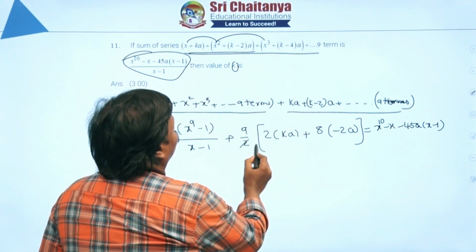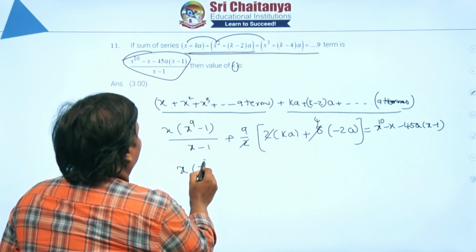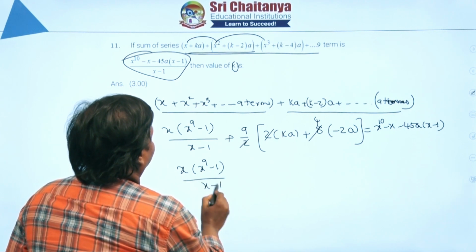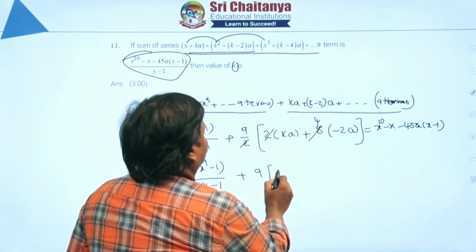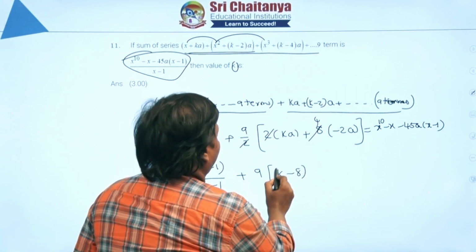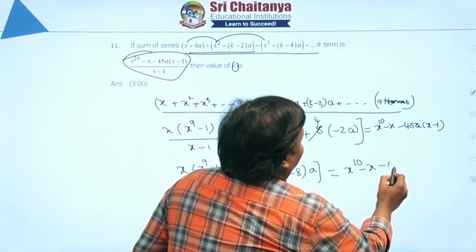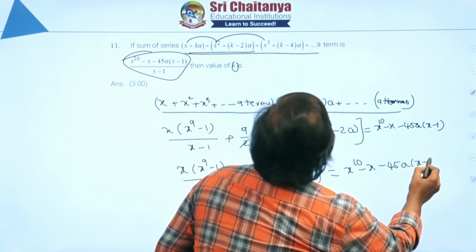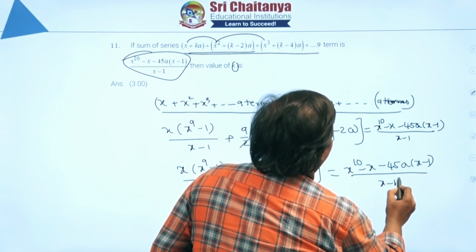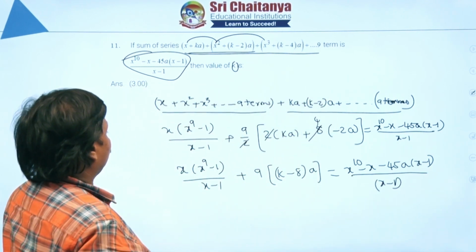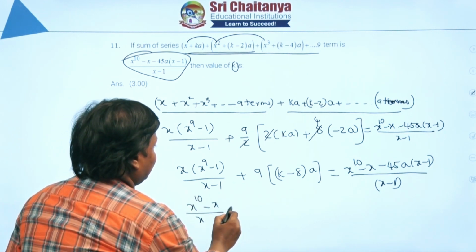So you can cancel 2. So it will become now x into (x^9 minus 1) by (x minus 1) plus 9 into k minus 8 into a equals to x^10 minus x minus 45a into (x minus 1) by (x minus 1). So this equation, if you simplify, you will get it as (x^10 minus x) by (x minus 1). If you take LCM,